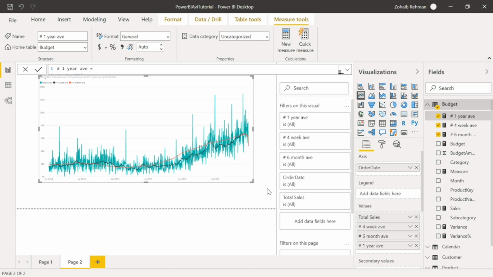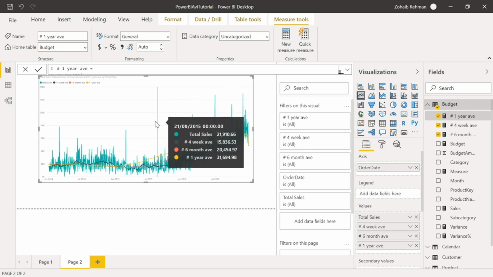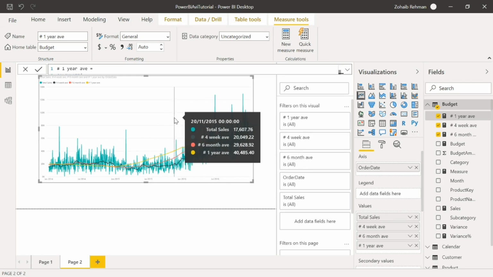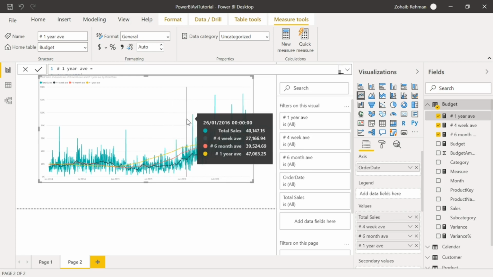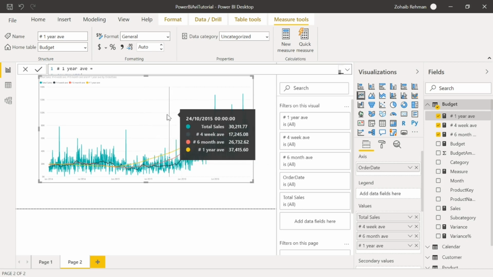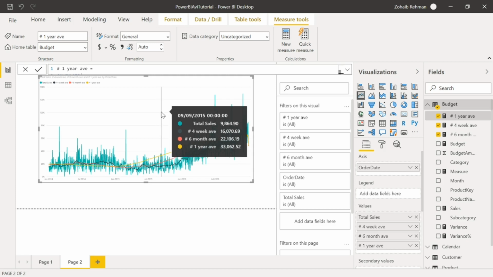Now it's good to use these functions. It's basically making the most out of the data that you have. And as you can see, we've just made 3 different averages there. So one for the 28 days, one for the 6 month, and one for the 1 year average. And this could be vital information for directors or anybody who is making the decisions to know about and to see